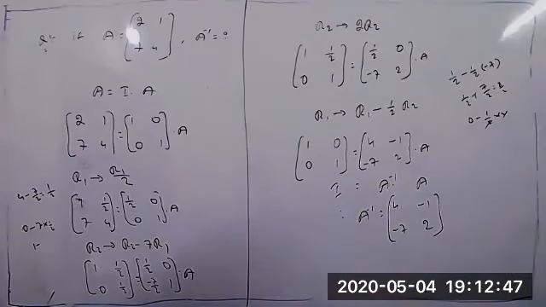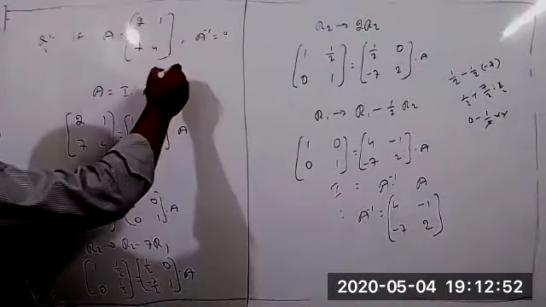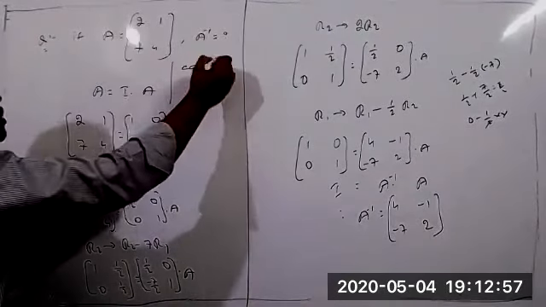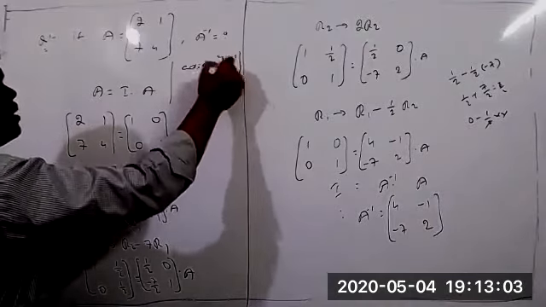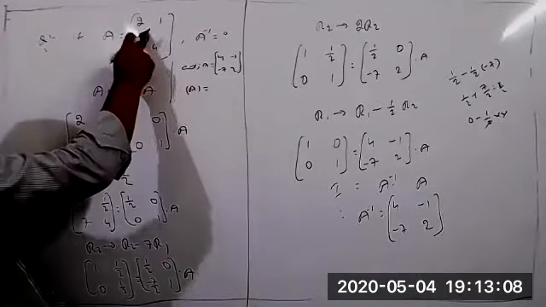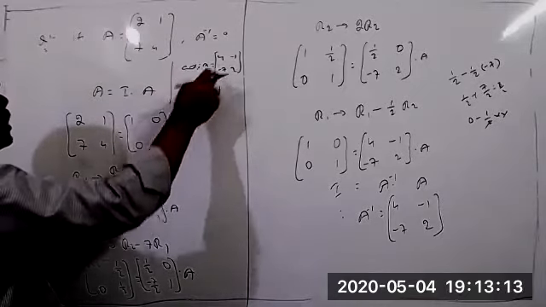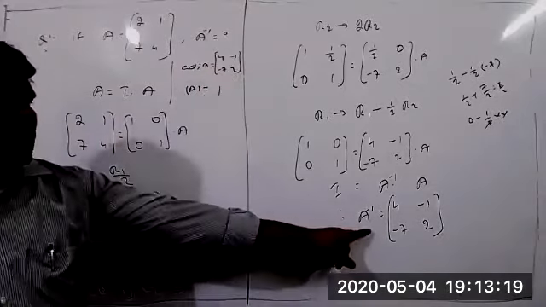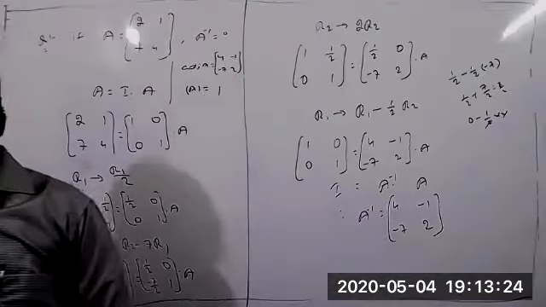Suppose this same question you apply based on the formula. What's the condition? A equal to 2 1 7 4. For this one, adjoint A equal, tell me. Interchange these two: 4, 2, minus 1, minus 7. Minus 1 and minus 7, this is adjoint A. And determinant of A equal to AD minus BC: 2 fours are 8 minus 7 equal to 1. So A inverse equal to adjoint A by determinant of A. This matrix by 1, what do you get, tell me. It's the same thing only: 4, minus 1, minus 7, 2. So whatever answer we got will be correct only.